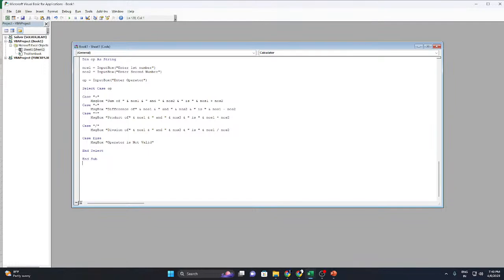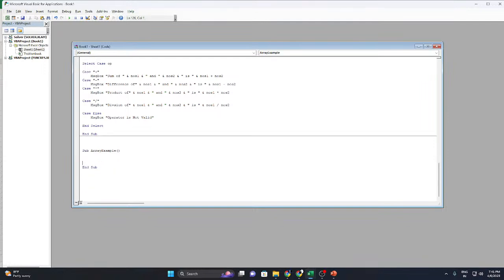Now we're going to see how an array works with VBA. Let's see how the array works. So we can create a different procedure. Name this procedure as sub array example. Okay, now see,